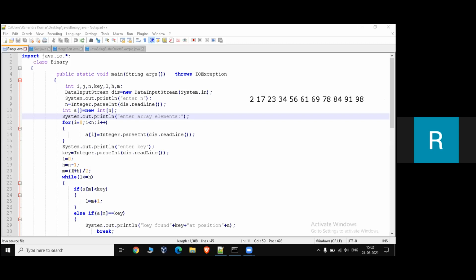Mid value is equal to lower bound plus higher bound by 2. We take a while loop to perform the condition for repeating purpose.